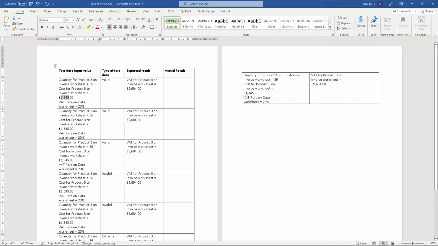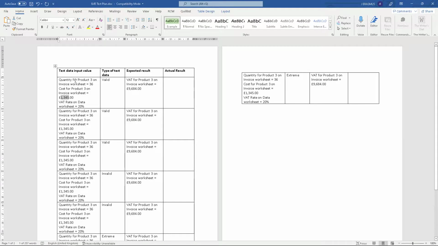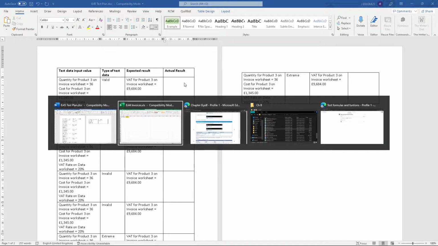Then the VAT rate on the data worksheet, so this worksheet is 20%. So this is valid, okay? So the product is 36, the price is 1,345, and then the VAT is 20%. These are valid types of test data. Then the expected result for the VAT on product 3 on the invoice worksheet is 9,686. Let's see what the actual